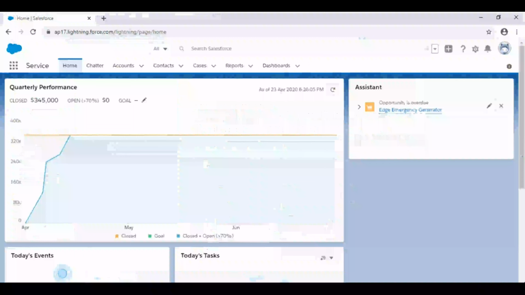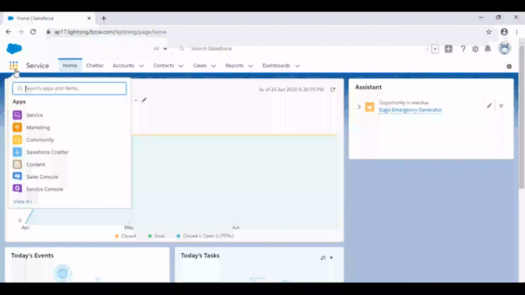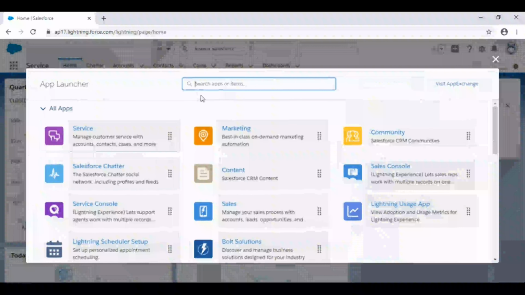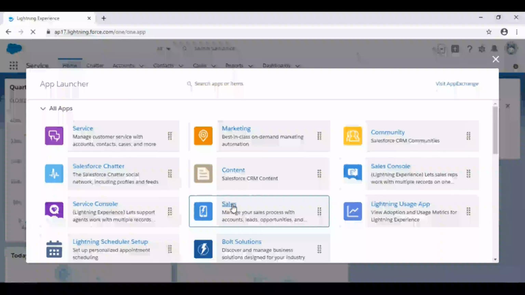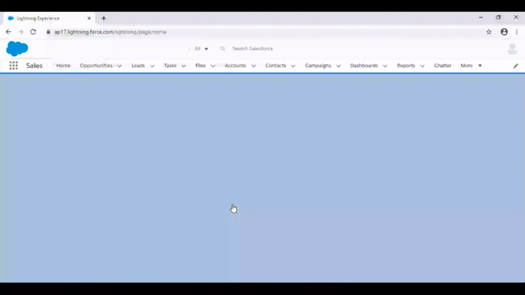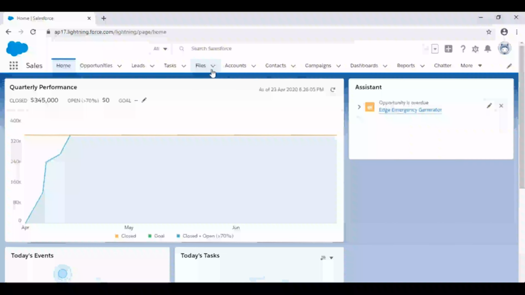If we jump back to our Salesforce organization, the small icon represents the app launcher. By using the app launcher, we can access and see all the apps, connected apps, objects and other functionality which is available in Salesforce. We can toggle between the different apps by using the app launcher. Let us jump to the Sales app. In the Sales app, on the top navigation bar, we can see the different standard objects which are